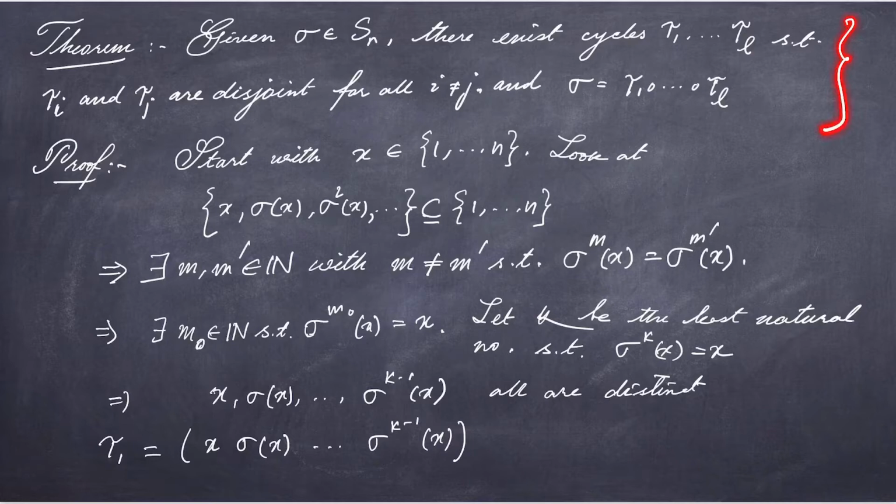Permutations in the following sense: given any permutation, there exist cycles tau 1 up to tau L such that for any pair tau i and tau j, they will be disjoint. So given a permutation sigma, there exist pairwise disjoint cycles such that sigma can be written as a product of them. So therefore what we have seen is every permutation is a